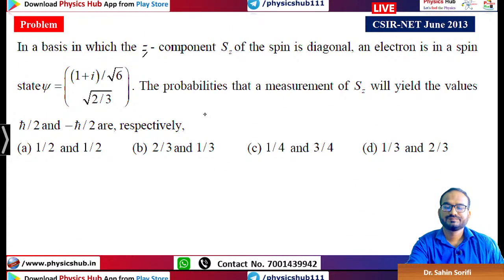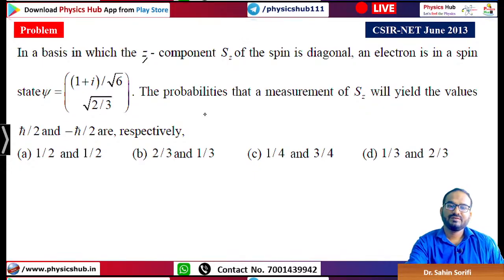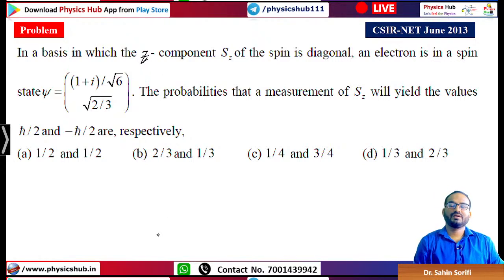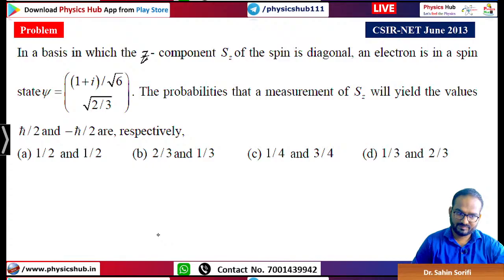Do this problem now. In a basis in which the z component Sz of the spin is diagonal and the electron is in the spin state psi, the probabilities that a measurement of Sz will yield the values plus h cut by 2 and minus h cut by 2 are, respectively: